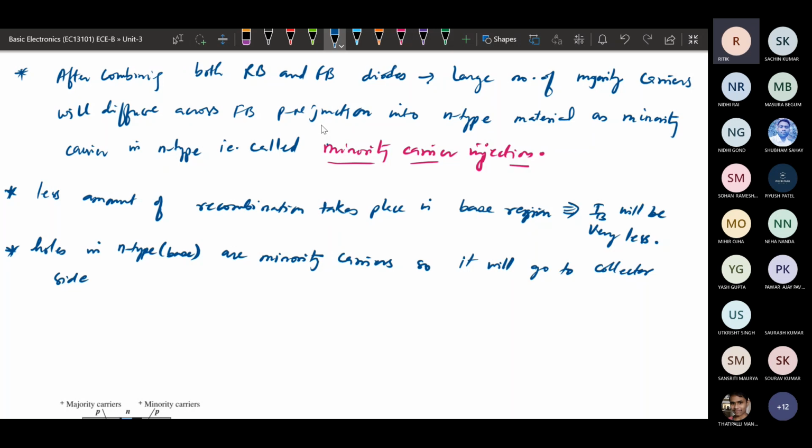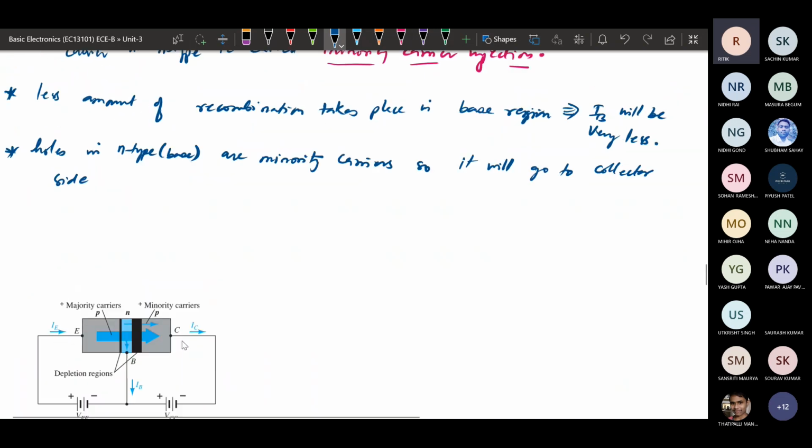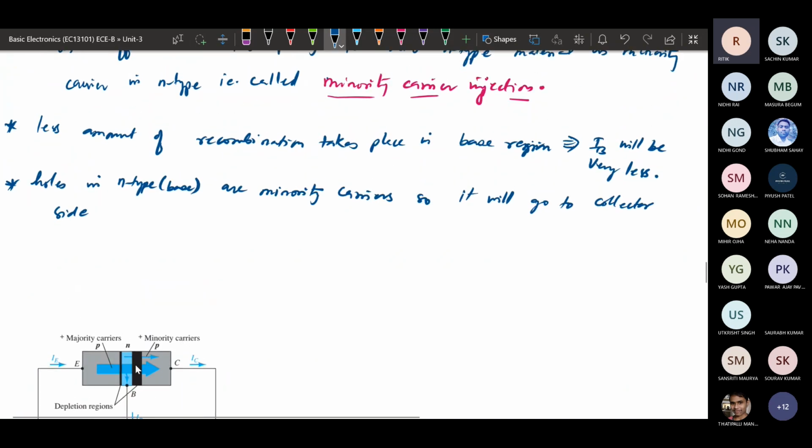Why? Because in the reverse bias case we are applying the reverse bias voltage, so the drift will carry the carriers across this barrier junction.